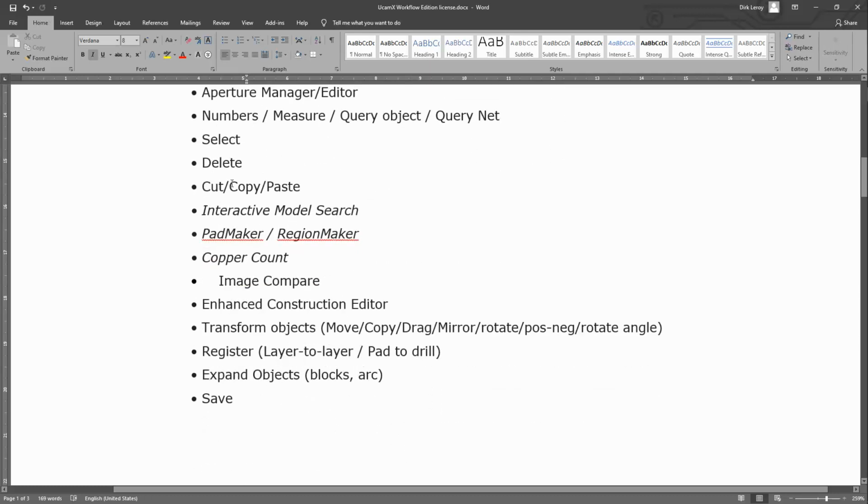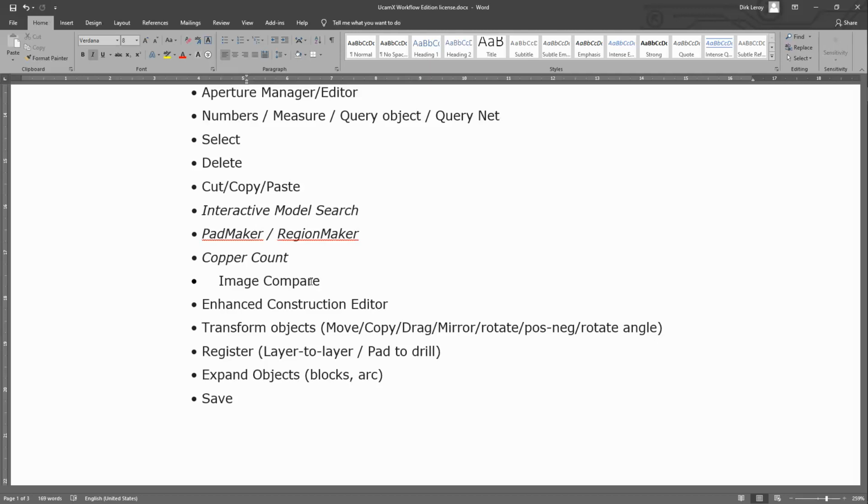There are functions that allow you to take data from one layer and paste it onto another layer with cut, copy, and paste. As you've seen me do it, there were things that we could delete and select. There is copper count information if you want an interactive copper count quickly. You can do image compare if you want to compare a certain revision of the data with maybe a job that the customer sent you before, and he says, well, it's just the same as the one from last time, apart from